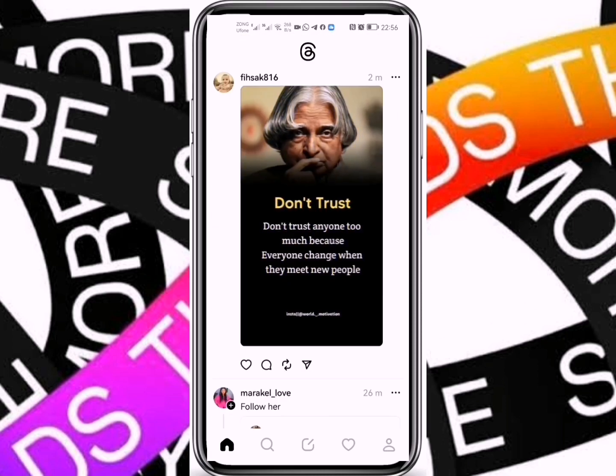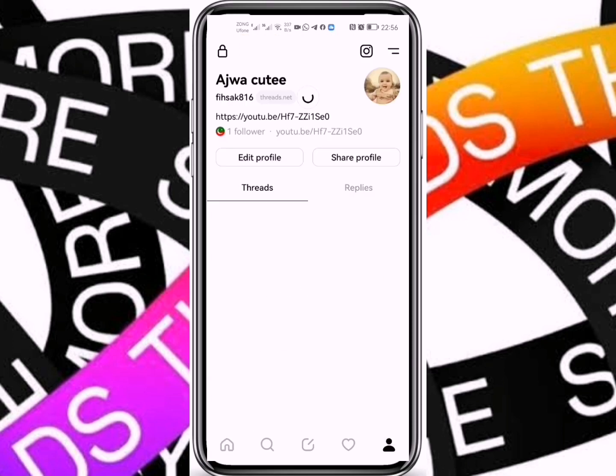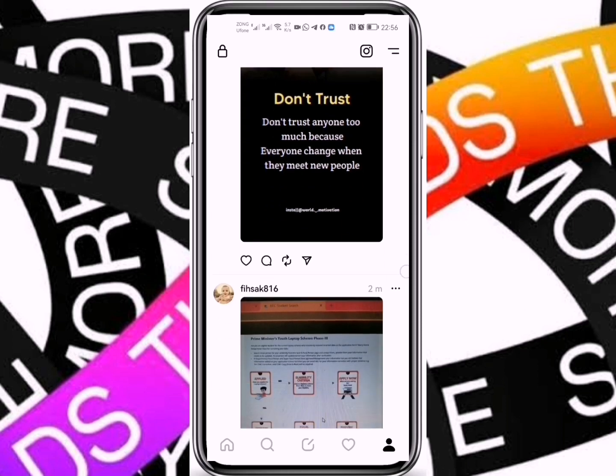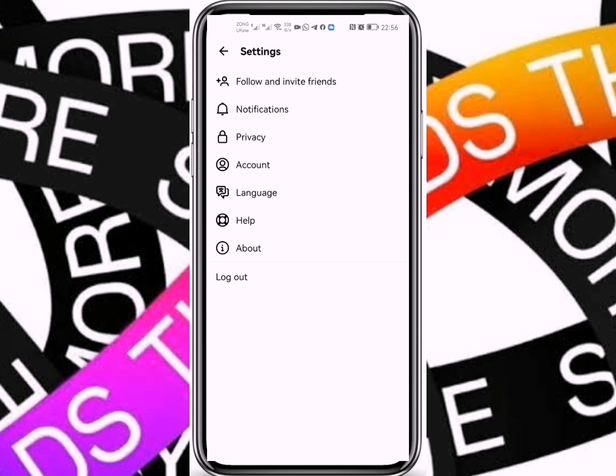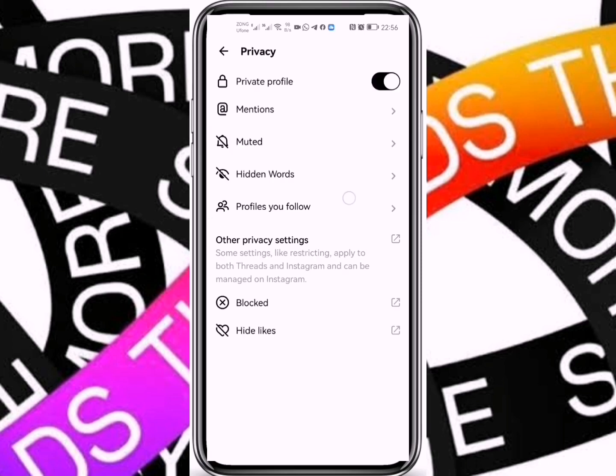To deactivate your Threads account, first click on the profile option. Now click on the two dots at the top right. Some people search for it in the privacy option, but you see there is no option for deactivation, so leave this page